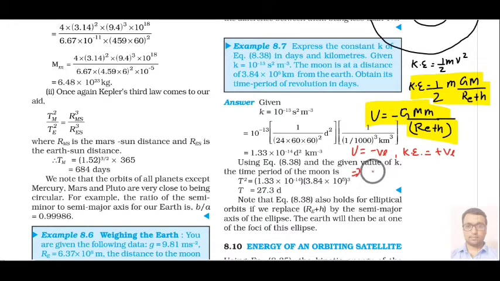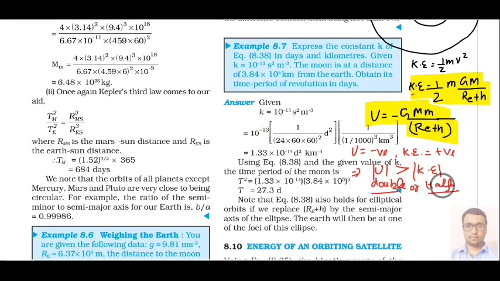Okay, and if we talk about magnitude only, then the magnitude of potential energy is more. If we compare it with kinetic energy, in fact you can say that potential energy is exactly 2 times, because kinetic energy is half and potential energy is the complete number, and this is half of that complete number. So potential energy is double, or kinetic energy is half of potential energy in magnitude only.